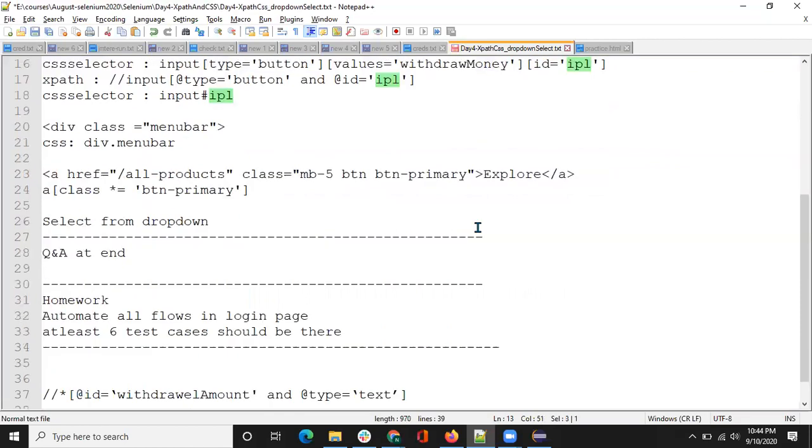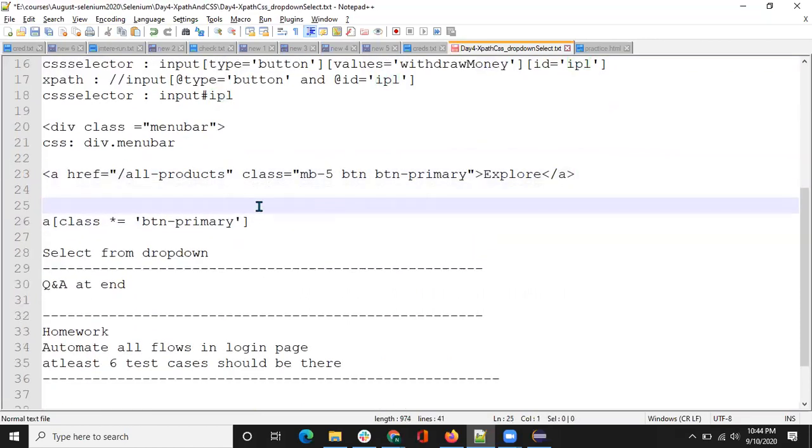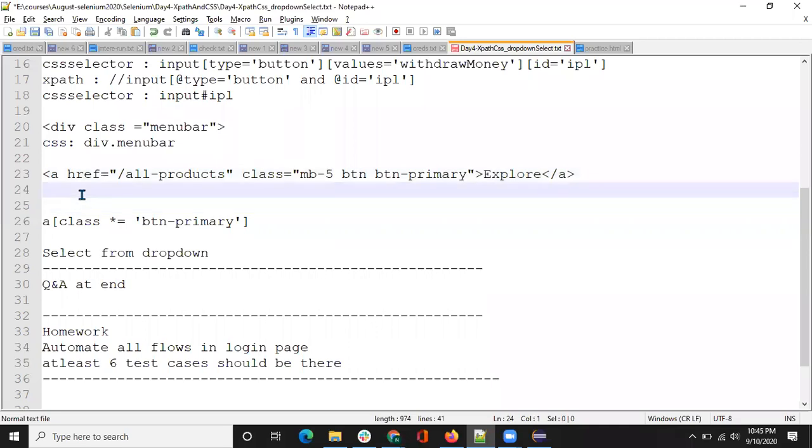Okay, this example is not good. We have to take an example where the class name is a big class name and there are multiple values here, and you want to use this one as well as this one as well as this one. Let's assume that you want to use all the class names. So what you can write here is a